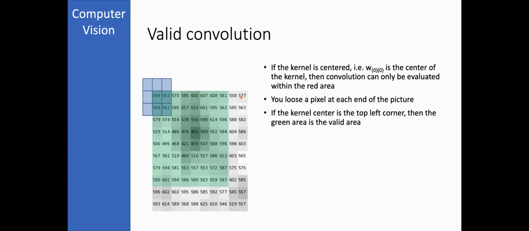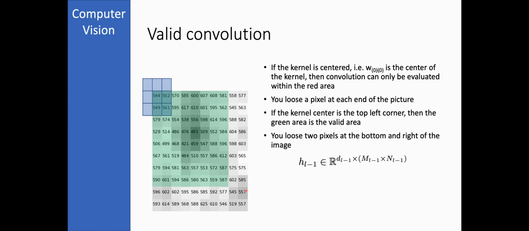Now, if the kernel is centered at its top left corner, then a similar thing happens. I can now place the kernel only in these green areas and not on these boundary pixels, the final 2 rows and 2 columns. Again, I lose 2 pixels, but now at the bottom and the right of the image. Effectively, the layer size, the channel size, decreases if I use valid convolution. That depends on the kernel size. So if my kernel is K1 times K2,